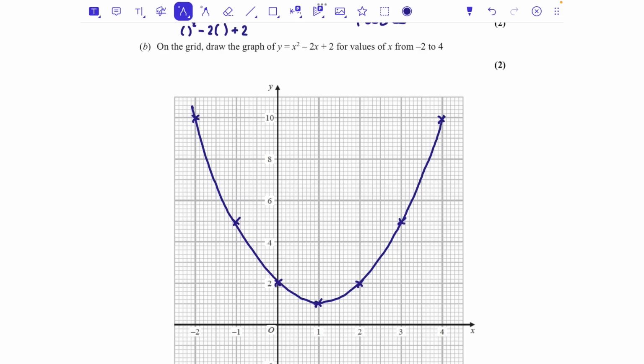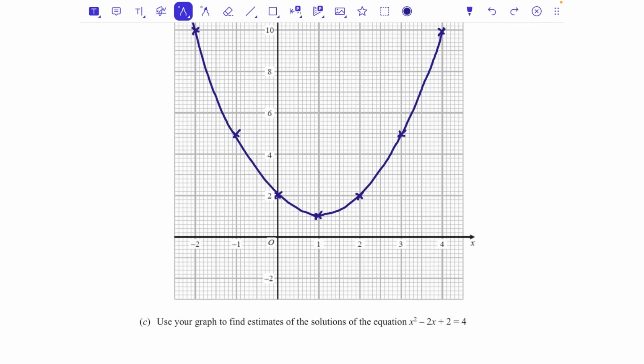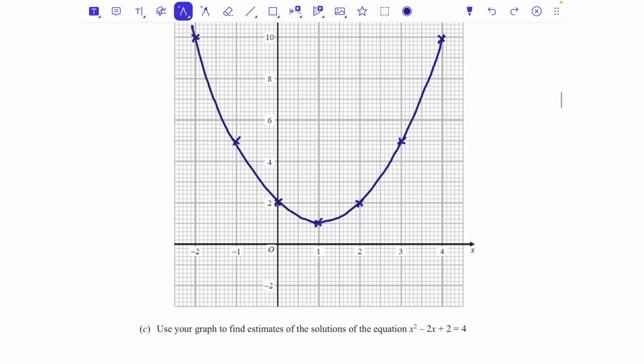Make sure you draw in pencil just in case it does go wrong, and then you can redo it just like that. Part C then says use your graph to find estimates of the solutions of the equation x squared minus 2x add 2 equals 4. So that's what we just drew. We just drew x squared minus 2x add 2, and they're saying, using the graph, can you tell me when the thing you just drew